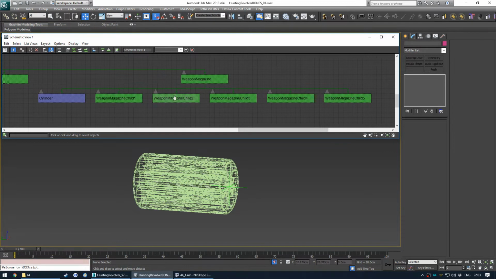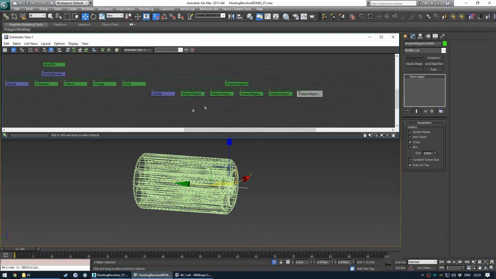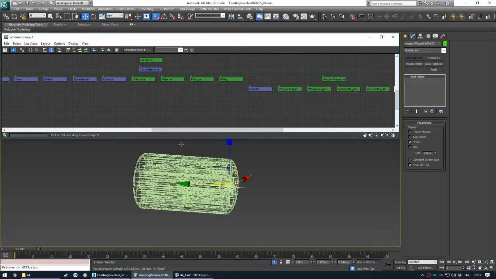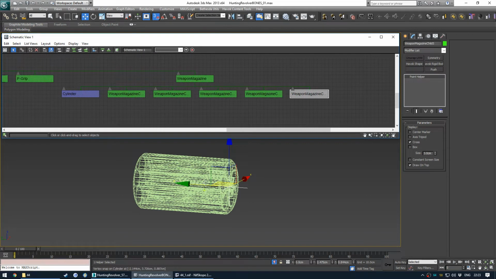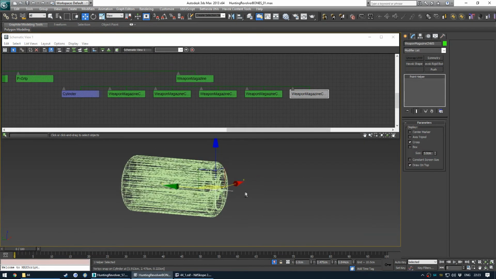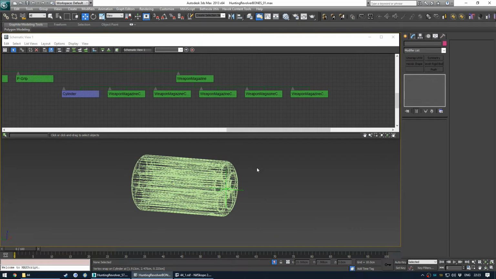So I just had a genius idea. Because the hunting revolver only holds 5 rounds, I'm actually going to parent each casing to one of these children, and the actual bullet ends to one other bone, so I can animate the bullets independently. Something I just realised would be a really good idea, but that won't be obvious to you